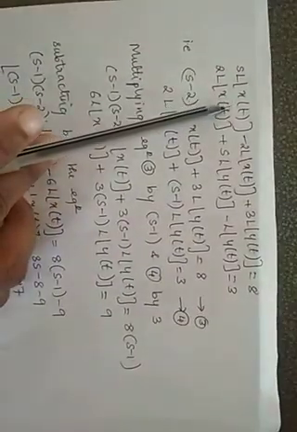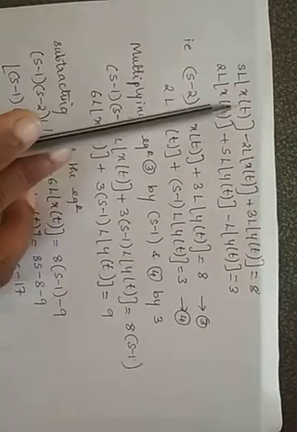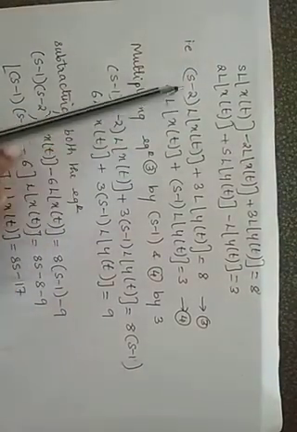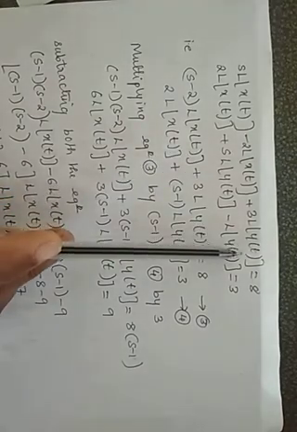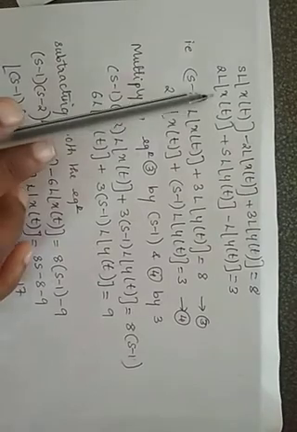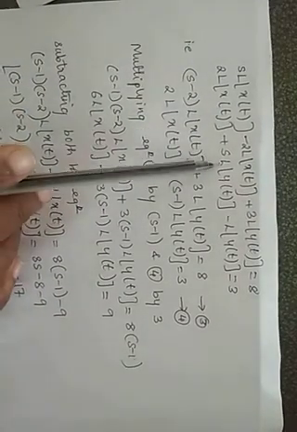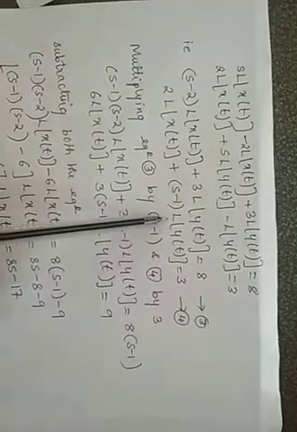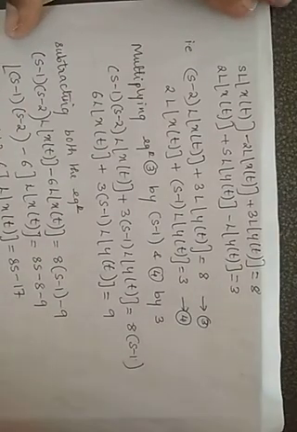s into Laplace transform of x(t), I have shifted 8 and 3 to this side. This 2 I have taken common. So s minus 2 into Laplace transform of x(t) plus 3 into Laplace transform of y(t) is equal to 8. 2 into Laplace transform of x(t) will remain as it is. s minus 1 into Laplace transform of y(t) is equal to 3. I'll mark these as equation numbers 3 and 4.